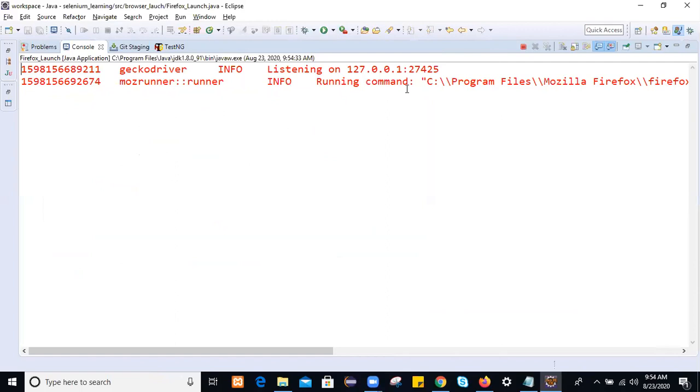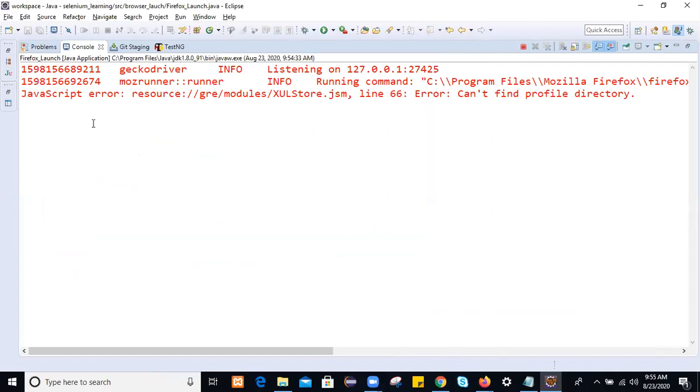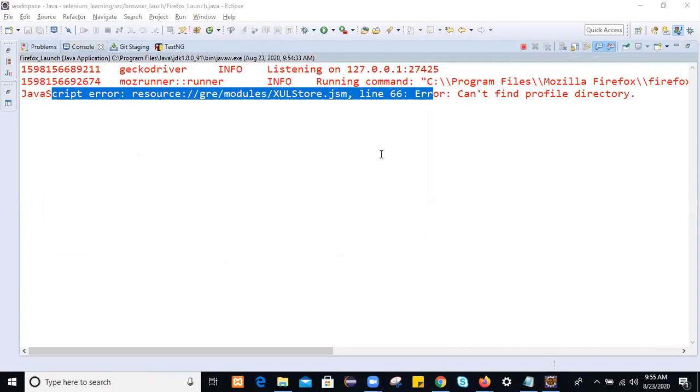It's logging some info, running the information on this location, profiles, Mozilla Firefox and all. It should launch the Firefox browser and navigate to Facebook. This is a JavaScript error, not an issue.